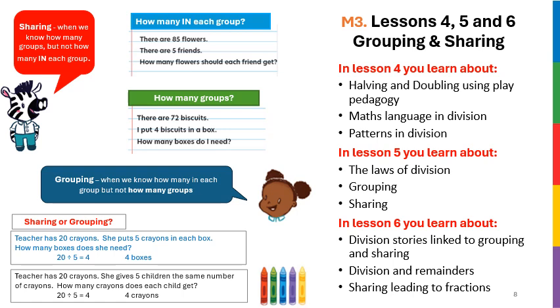If the learner has 20 sweets and the question is, how many groups of 4 can you make from 20? The learner will take 4 sweets at a time and put them in a pile or a group. So she'll make one pile of 4, another pile of 4, another pile of 4 until all 20 sweets are done. This is not a one-by-one sharing action, but rather this is a grouping action.